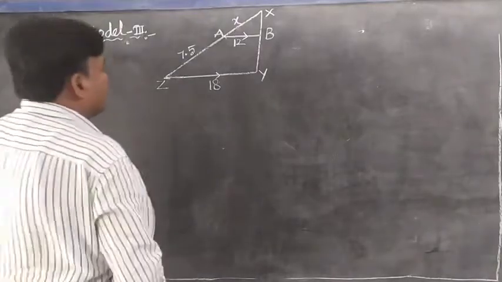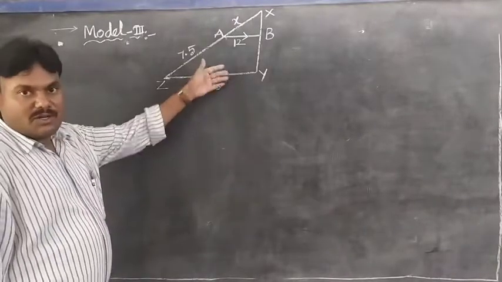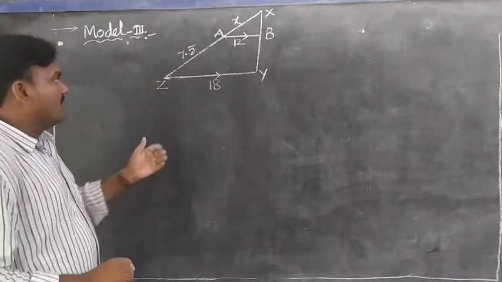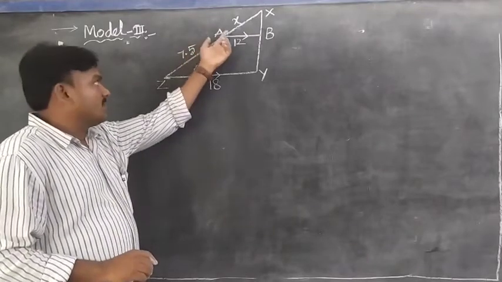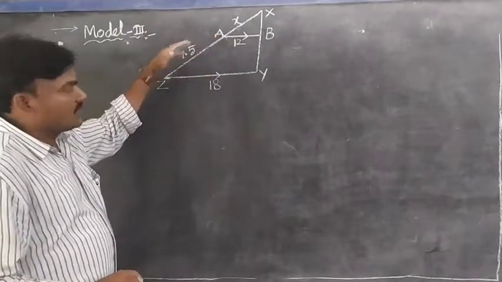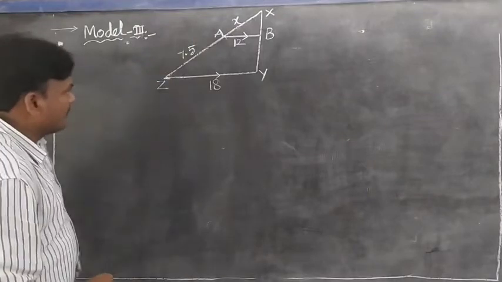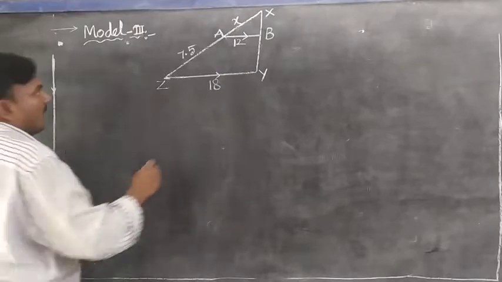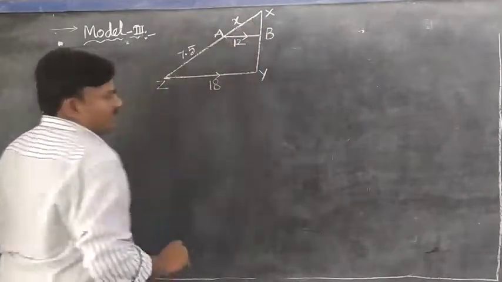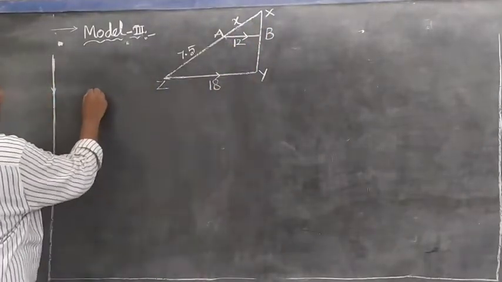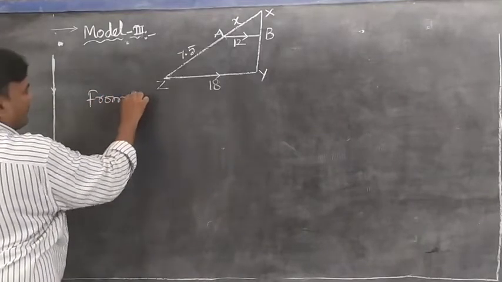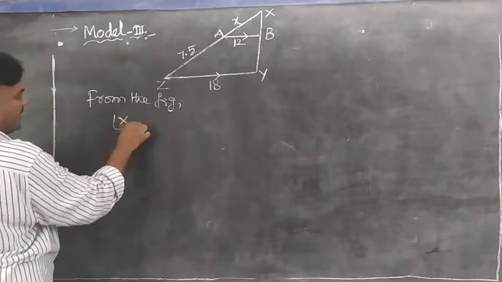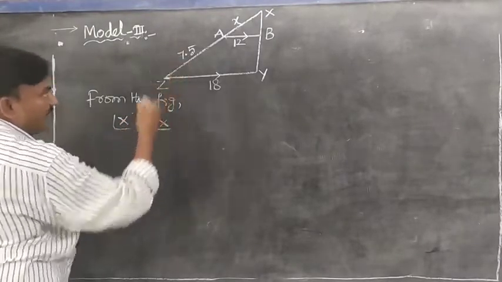So observe this one. It is also related to the second model, students, but not the third model. It is the same as before. Here just numericals are given. Observe that the x value is given in both triangles on the left side also. First of all, we check whether both triangles are similar or not. Observe here, angle X equal to angle X, already given according to the problem.